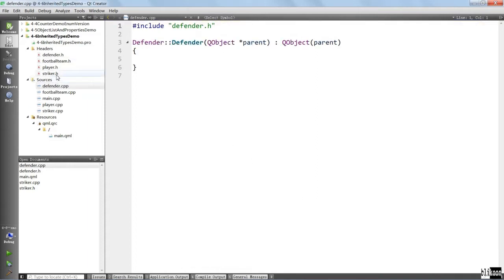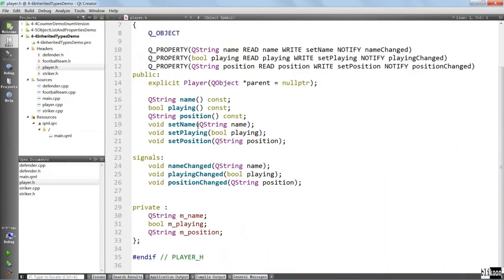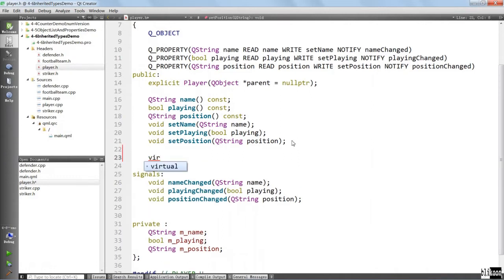We want to go to the player class and apply a few changes. The first thing we want to do is to provide a public void method, which is going to be purely virtual, making this class uninstantiable because it is going to be just like an interface. We're going to say virtual void play, just like this, and put equals 0. This is going to make this method a pure virtual method, which means you cannot